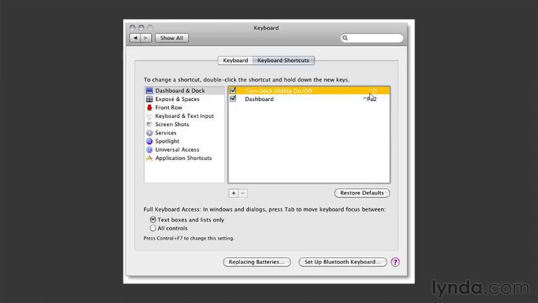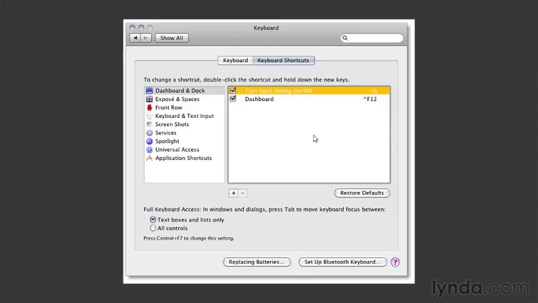a rectangle around it, and then press Control. And by Control, I mean the Control key that is spelled out as the word Control, D, and it'll appear as D. And don't press them sequentially, press those keys at the same time. Then go to Dashboard here, click on it to make it active, and press Control F12 as opposed to F12